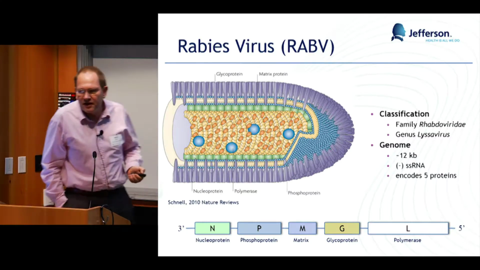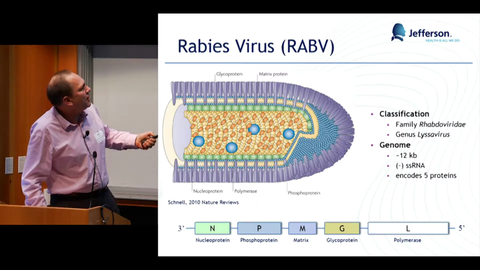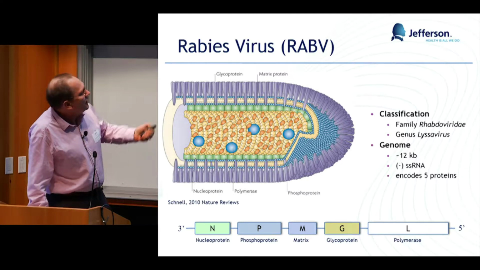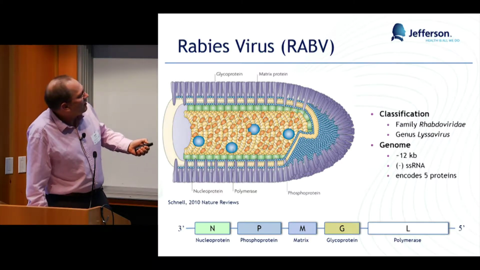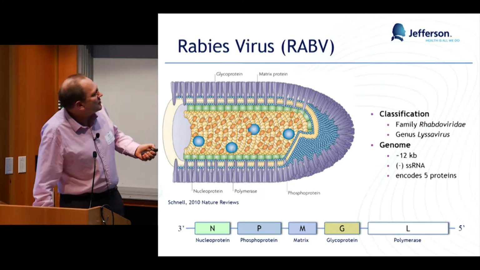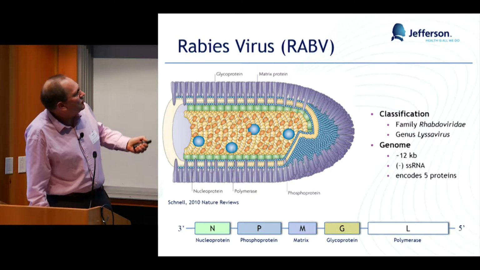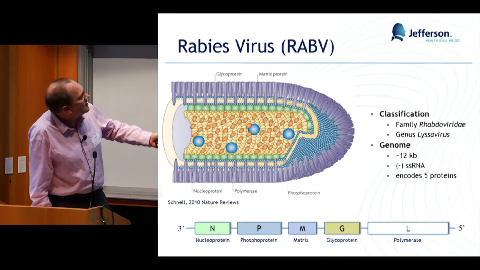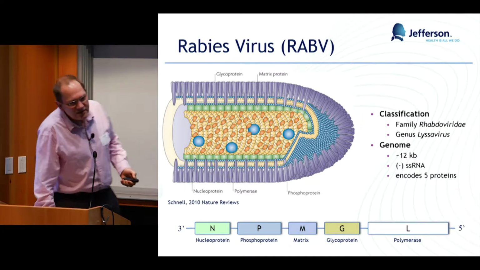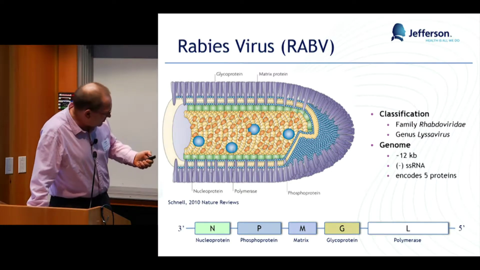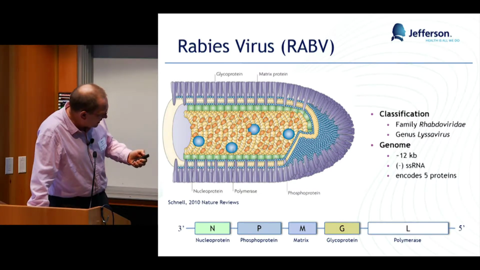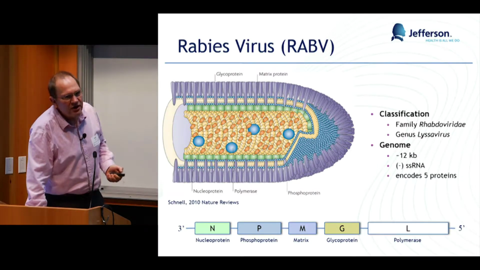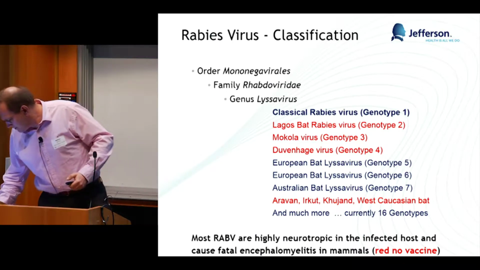They have a negative stranded RNA as a genome, which is only an infectious template when it is encapsulated in the nucleoprotein. They have a phosphoprotein, as all these viruses do, which is a polymerase subunit and also an interferon antagonist, a matrix protein, and a single glycoprotein. And the beauty of these viruses is that you can functionally replace this glycoprotein, or add an additional glycoprotein. That's basically the vaccine approach.